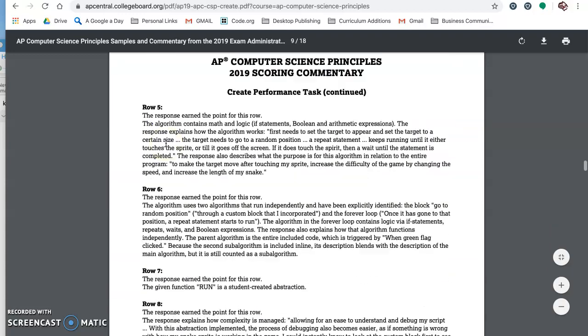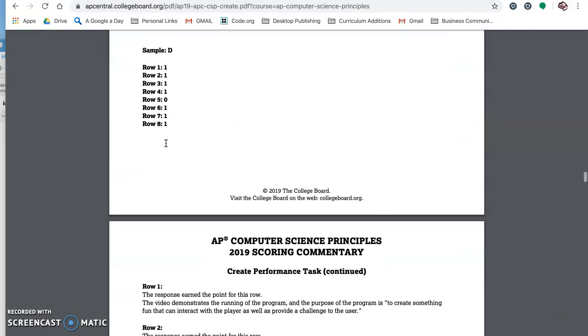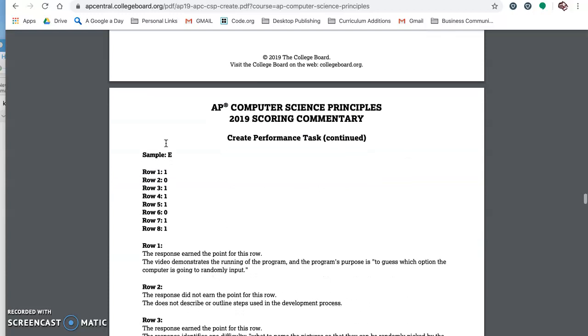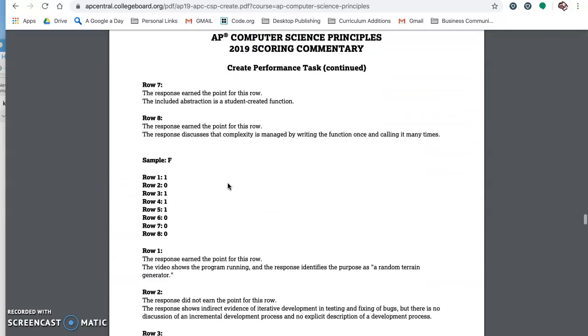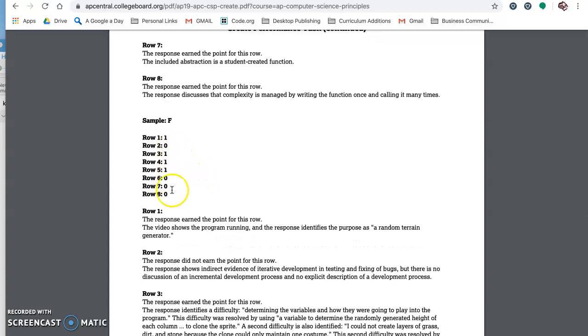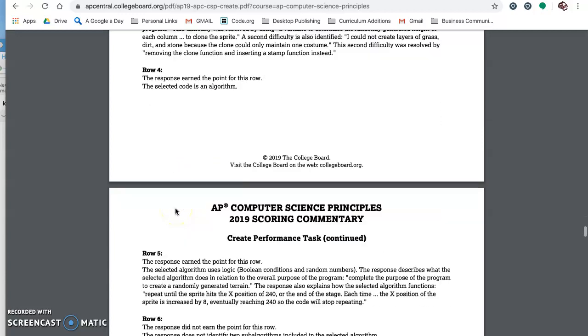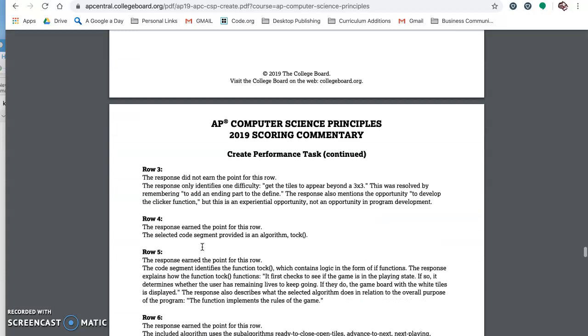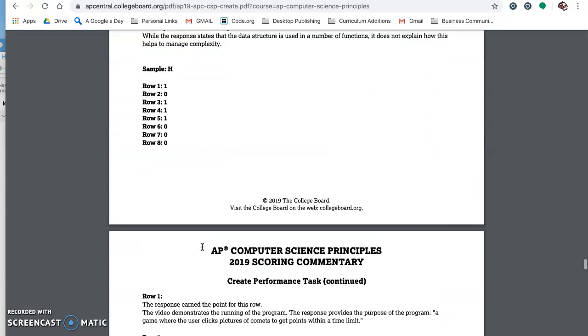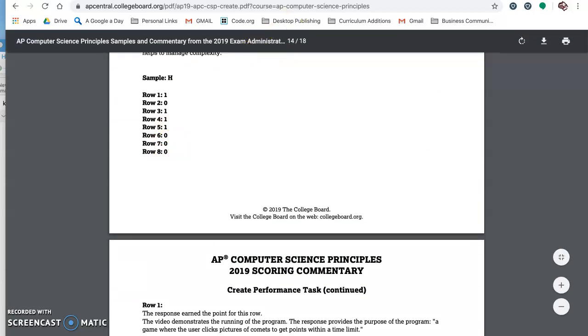Sample C, you can see why they didn't get the points. Sample D, sample E, maybe didn't get the point right there. Sample F didn't do so hot, so you can see why they didn't do so well. Sample H maybe didn't do so well. So what I'm going to do, there we go, I can go back here,